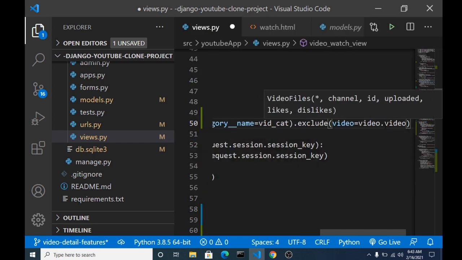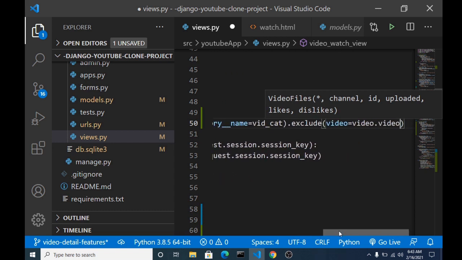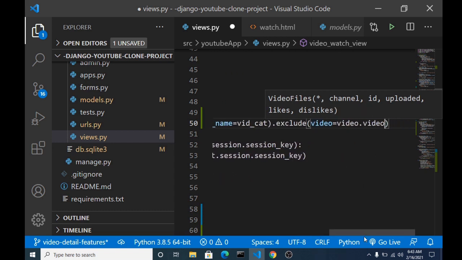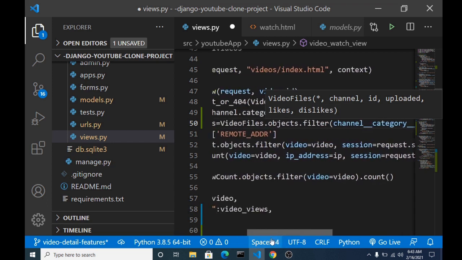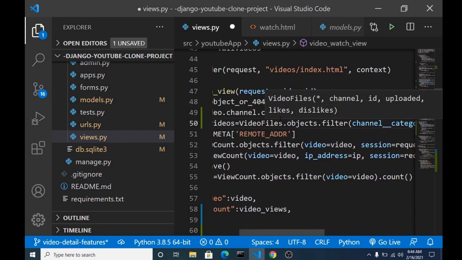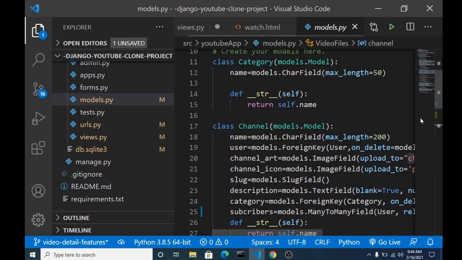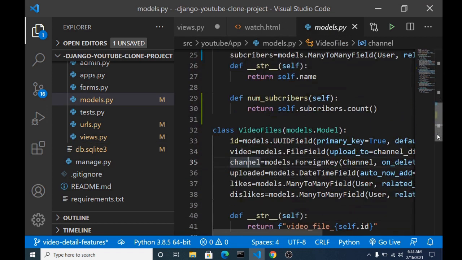I know the naming is kind of confusing. We are accessing the video this time. Remember, this query set is communicating with the video file model, and in the video file model we have a video field, which is the video file we are currently watching.